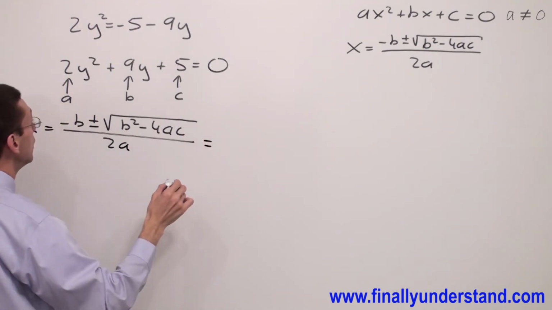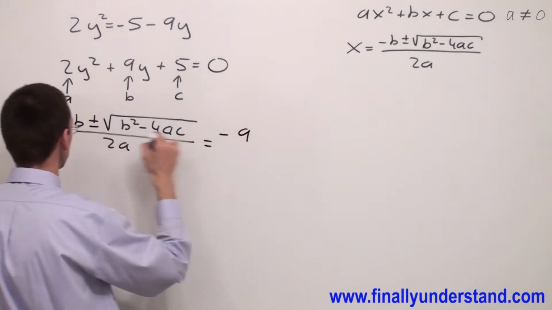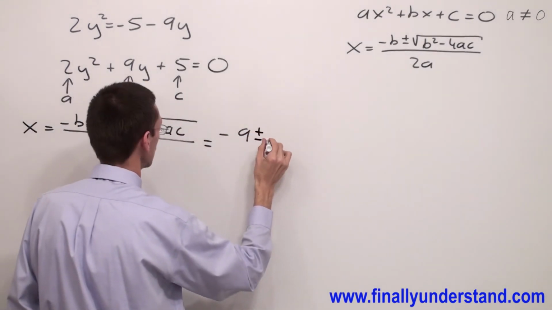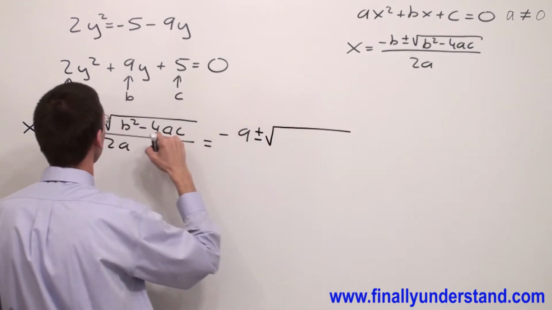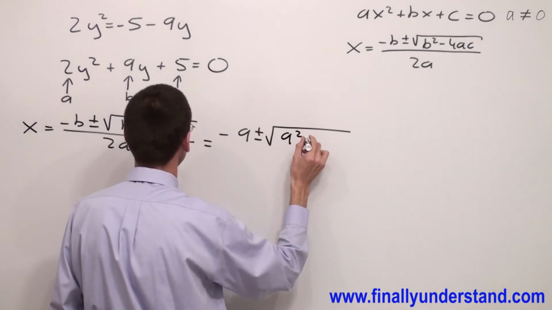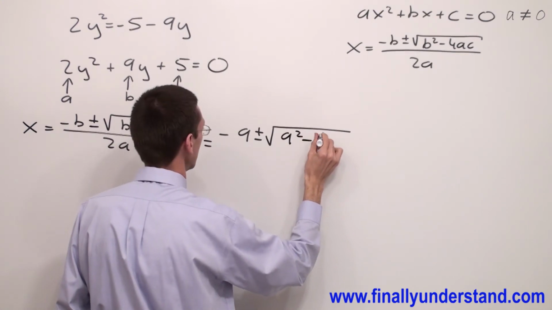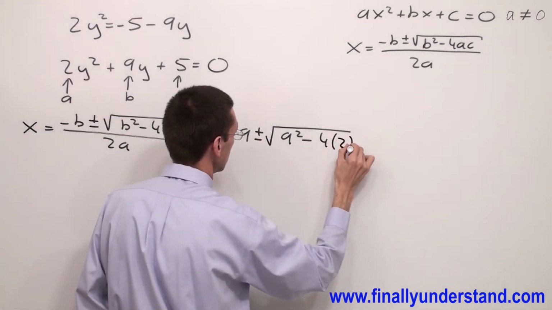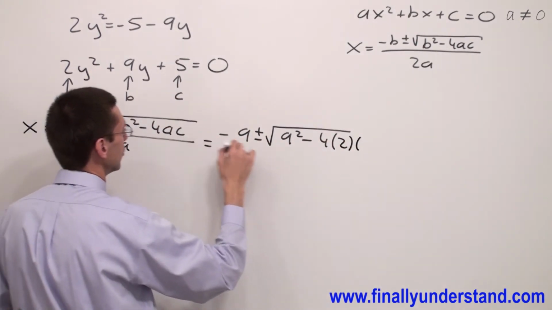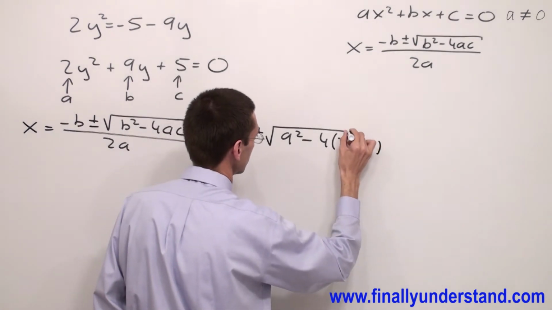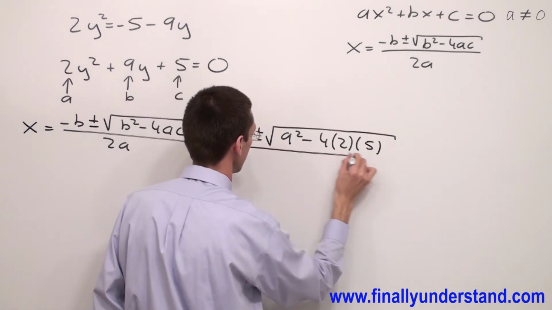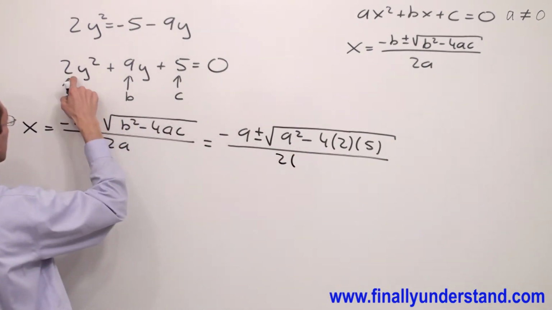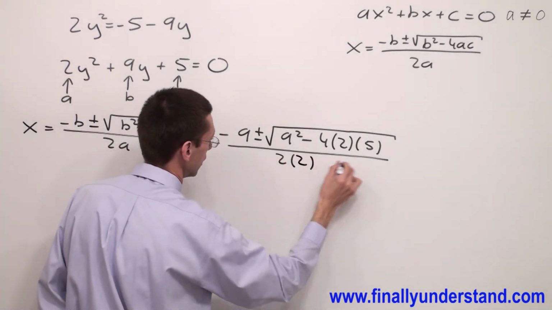This is equal to negative 9, you're supposed to copy down this negative sign and this 9, plus or minus square root, and I have 9 squared minus 4 times a, which is equal to 2, times c, which is equal to 5, over 2 times a. So I have 2 times 2 equals,